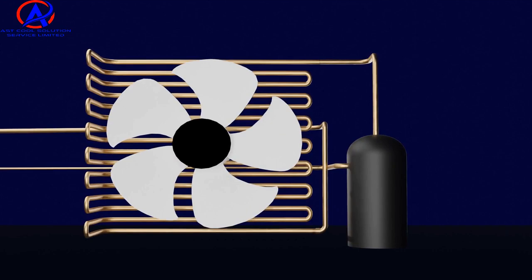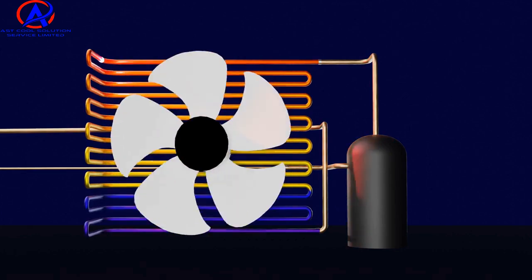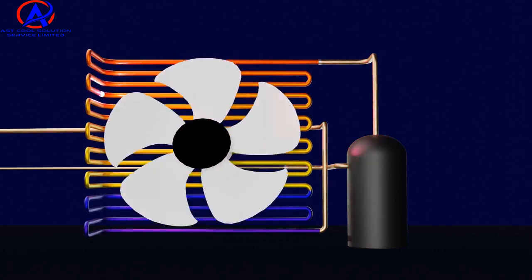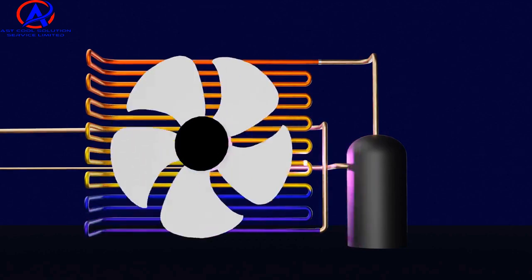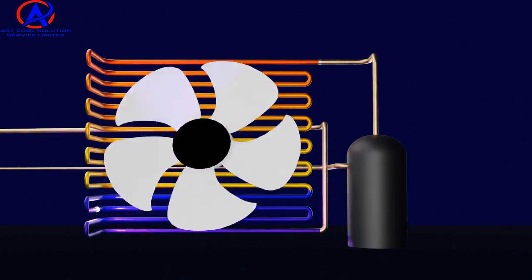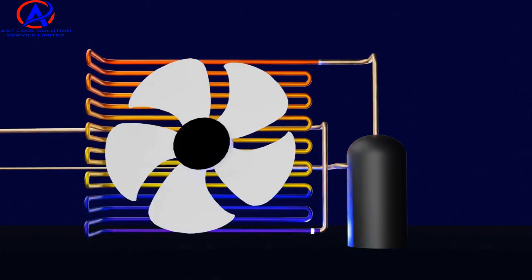Condenser. This component is kept outside of your home. As the high-pressure refrigerant gas flows through the condenser coils, it releases heat into the surrounding air and condenses into a high-pressure liquid. This crucial step is what allows your air conditioner to expel the unwanted heat from inside your home to the outdoors. The refrigerant is now cool but at high pressure, so to lower the pressure we introduce